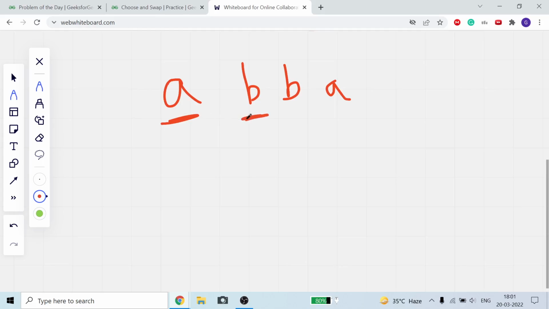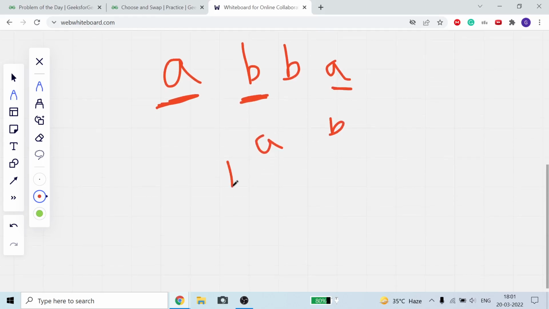Now we will check for this. If we cannot make it smaller, then we will try to make b smaller with a, because we have a. But suppose if we take a and b as our first and second character, then what will our string look like? a replaced with b, b with a. Now this is, you will see, not the lexicographically smallest, because here it is starting with b, earlier it was a.